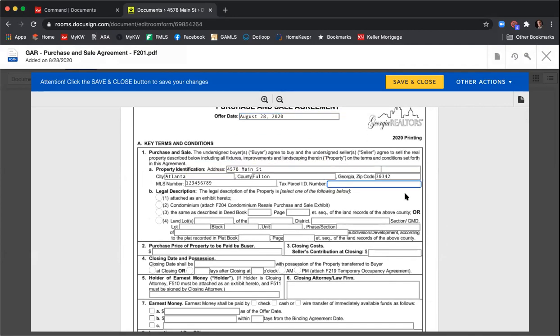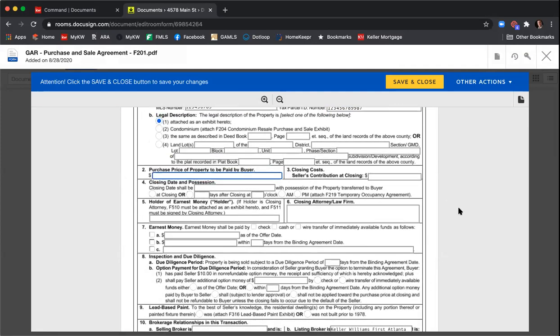So we'll include our tax ID number, which I'm just going to make up there. Our legal description, it's attached as an exhibit here too. Our purchase price paid by the buyer, let's do 410. We're going to ask for 5,000 in closing costs. Date of possession shall be September 28th, 2020. I don't know what day of the week that is. And we will take possession at closing. Holder of the earnest money will be First Atlanta. Closing attorneys, Campbell and Brandon. Earnest money will be